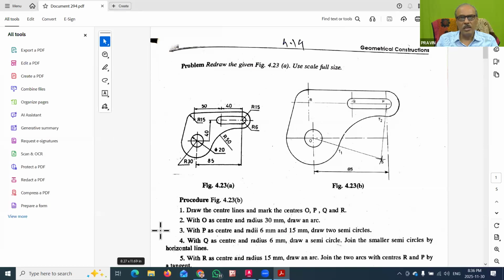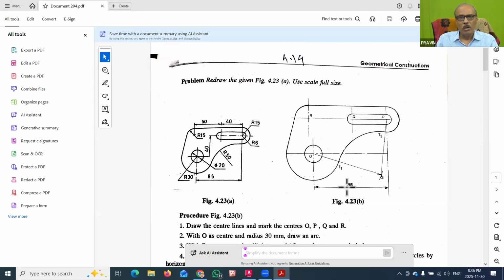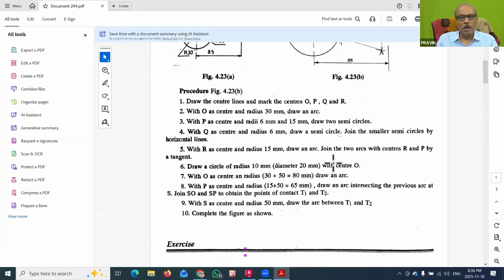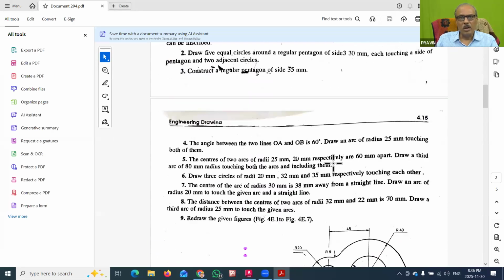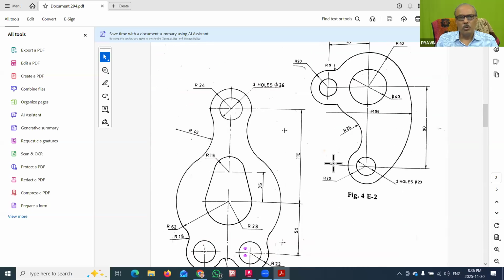These are the drawings that I have taken from the engineering drawing book. Till now we have seen some basic skills, so you should be able to create these as basic drawings in AutoCAD to understand the basic use of draw and modify commands.